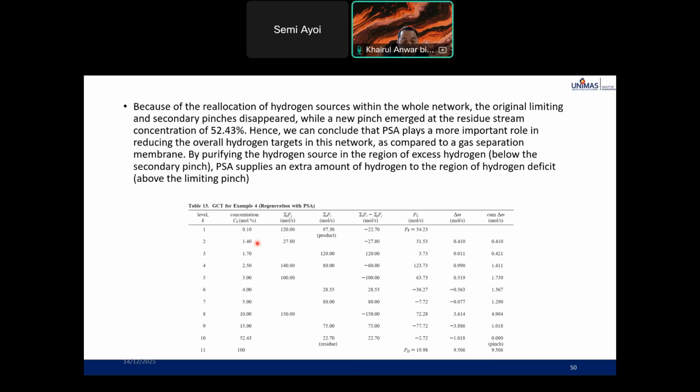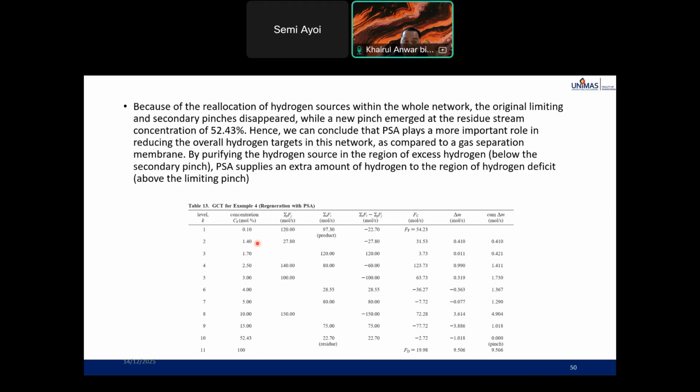So 1.4 divided by 100. Concentration 1.4 minus 0.4, actually 0.40989, rounded to 0.4. And then multiply by